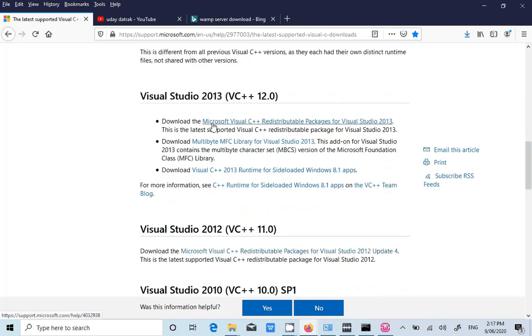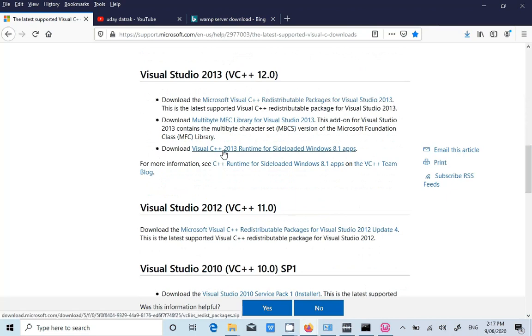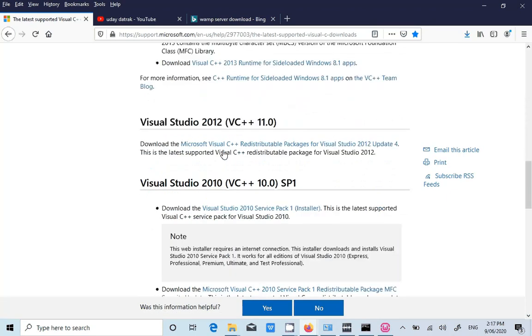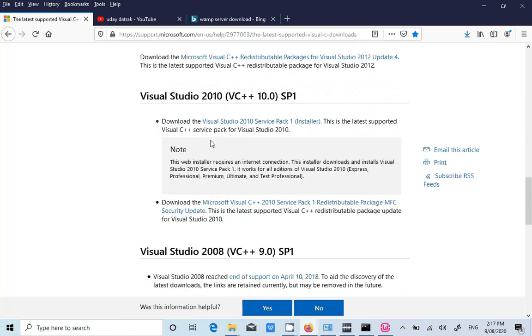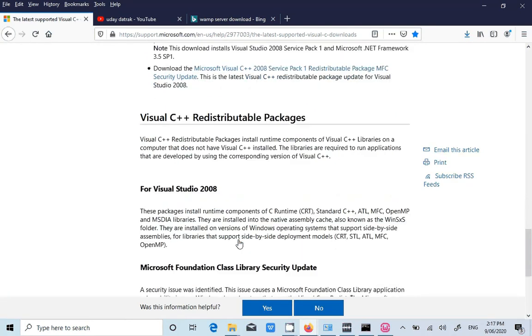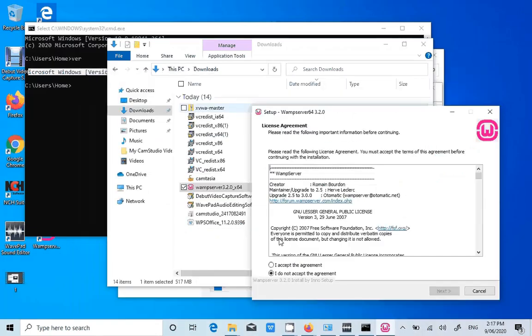Each file is just 1 to 2 MB and you need to install them, otherwise the WAMP server will not run. It will throw some error like VC runtime error 140, VCRUNTIME140.dll error. So it is very important to download all these libraries one by one, install them, and then try to install the WAMP server.